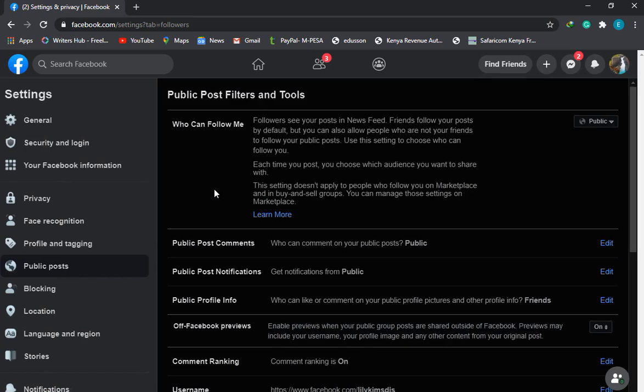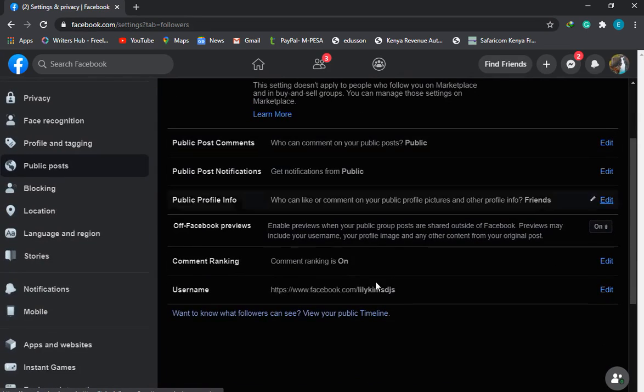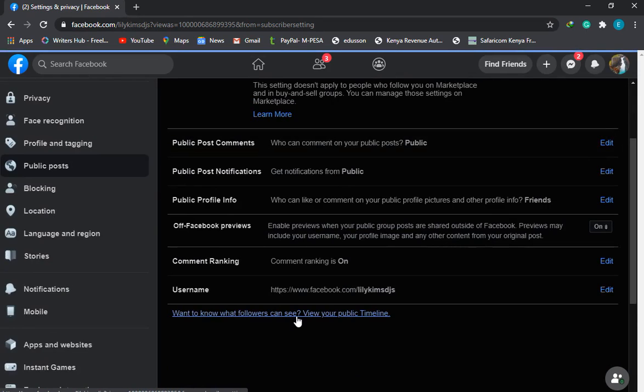Now edit who can follow me and replace it with public, and you are done. Now you'll be able to see the follow button will have appeared on your Facebook profile